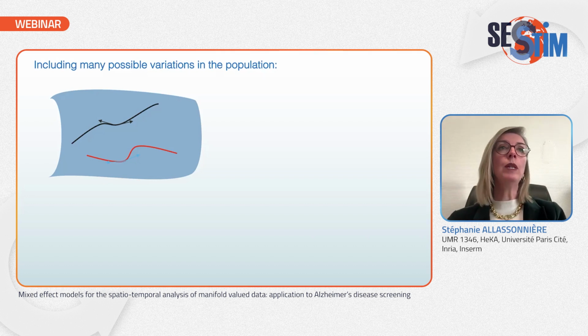So what we've been doing is also to try to have piecewise geodesics, and piecewise geodesics enable us to really take this into account. If you have a piecewise geodesic, you can have a geodesic that will decrease, and then another one that will increase, and then a third one that will decrease again. So you are able to deal with these types of behavior.